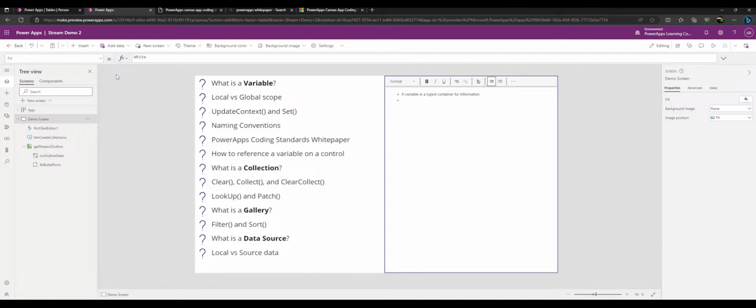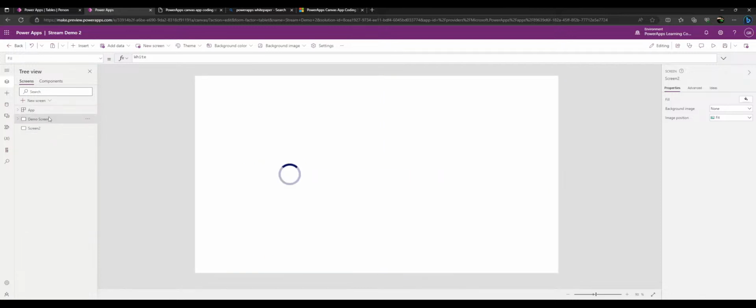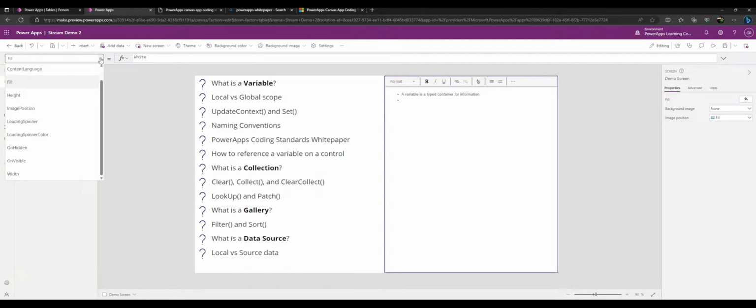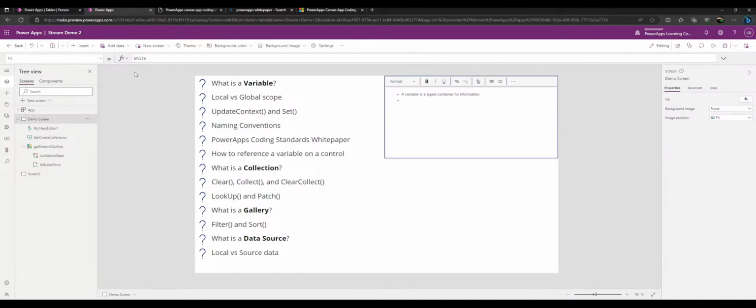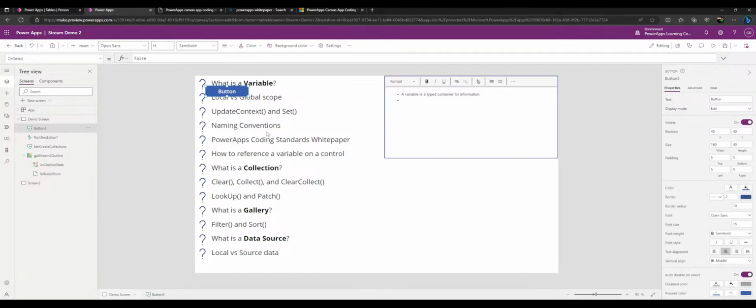So update context and set. Let's do some experiments and try that out. So let's make a second screen and let's learn about what variables are. Let's pull this up and give ourselves a button. Oh, and let's check off when we talked about variables, and also local versus global scope, but we didn't quite talk about it yet. So inside this button,